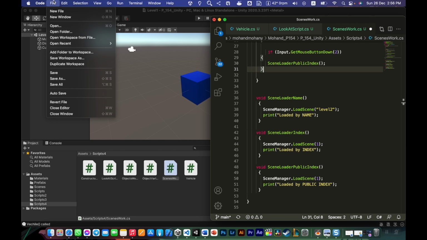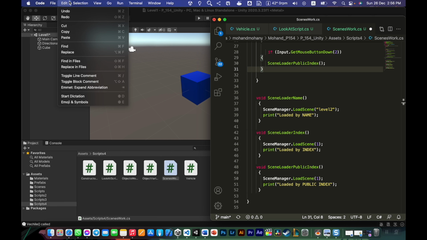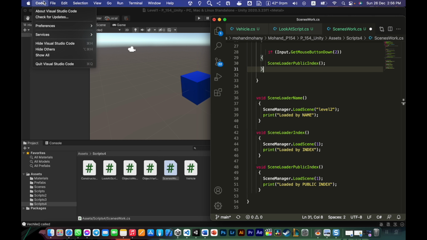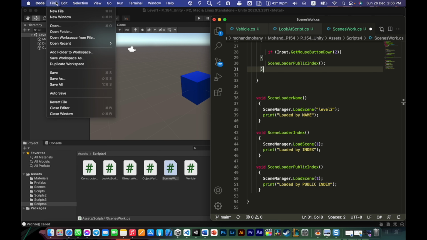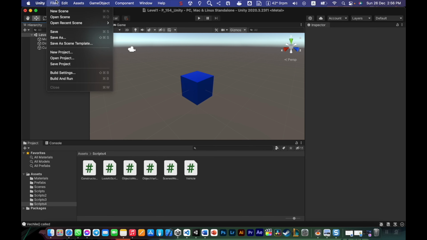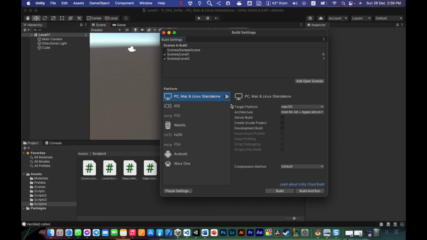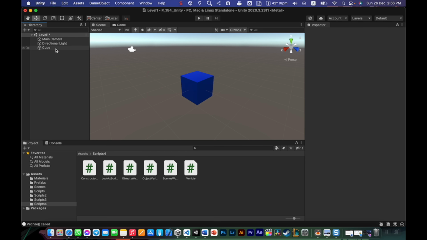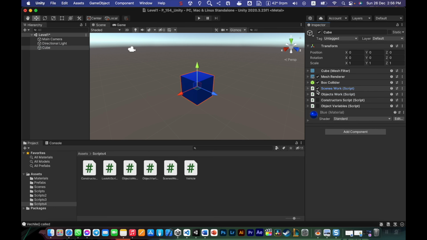Because if we go to our file and go to build settings, you will see that we added the scenes in the build here. We added scene level 1 and scene level 2 and made them active. Scene level 2 here is index number 1, so we inserted it in the code. And if we run this code,